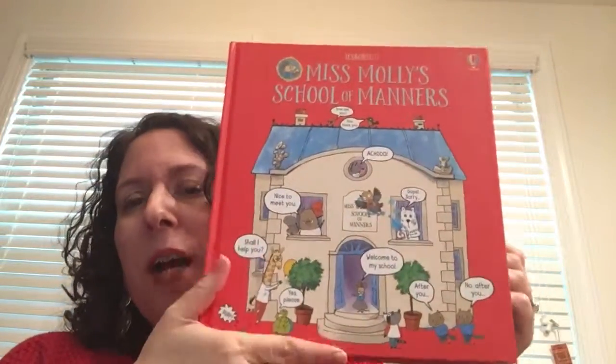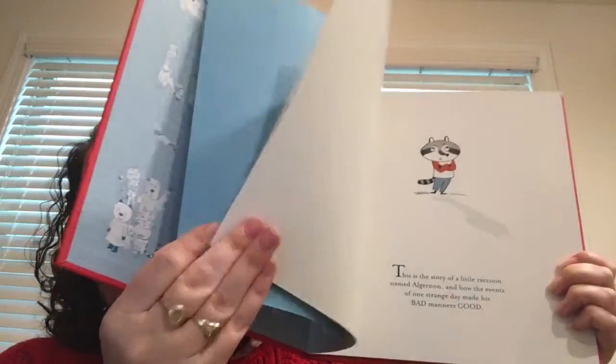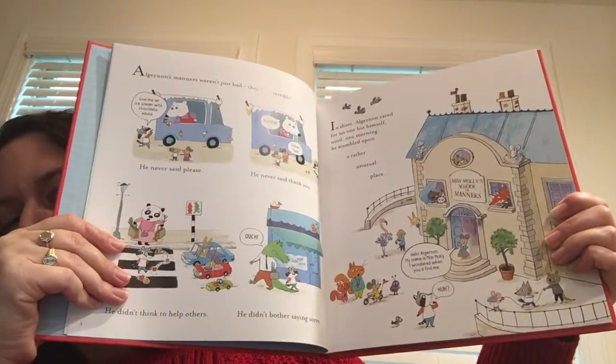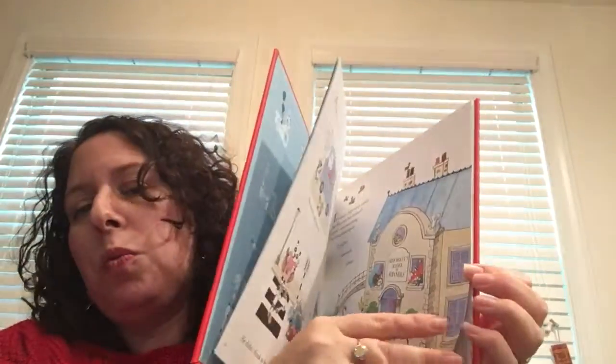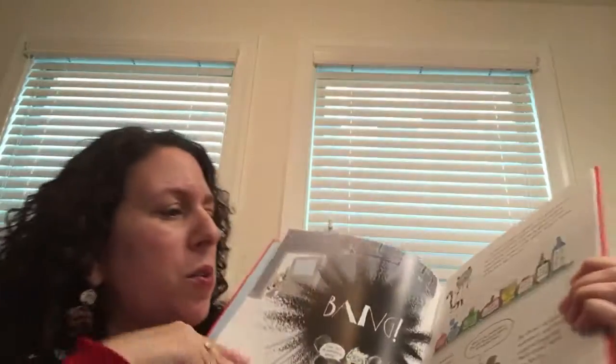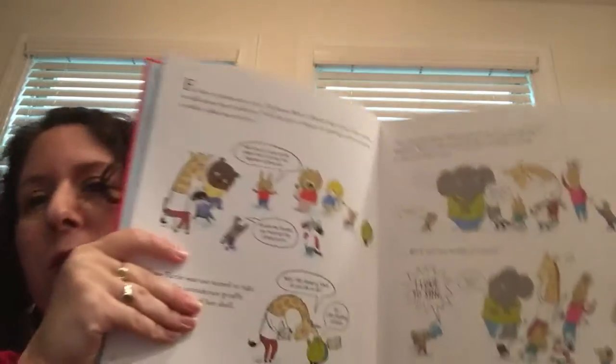So along with that, of course, comes manners. This is a really great book for working on manners. Again, this book has a lot of information, so it's really good for that kindergarten and up age. The little kids might be a little overwhelmed by it. It's all about this raccoon, and he stumbles into this magical world where they learn all about manners, this school. So one thing that's nice about this, it's already set in a school setting. So it's got tons of examples of different things that you might have to deal with in school, like working with other people and sharing. And so this is a really great book for just tackling some of those social norms